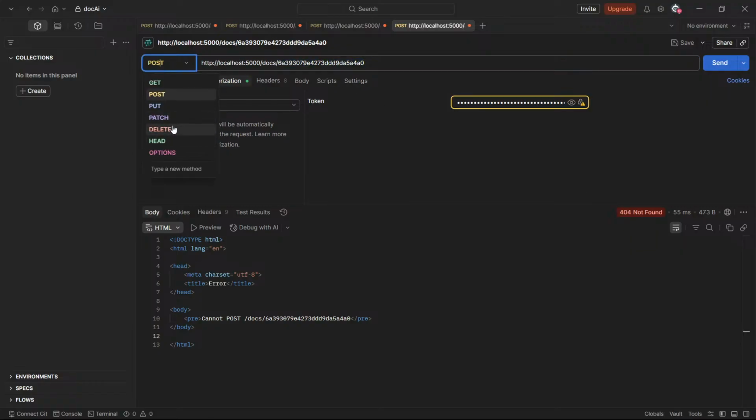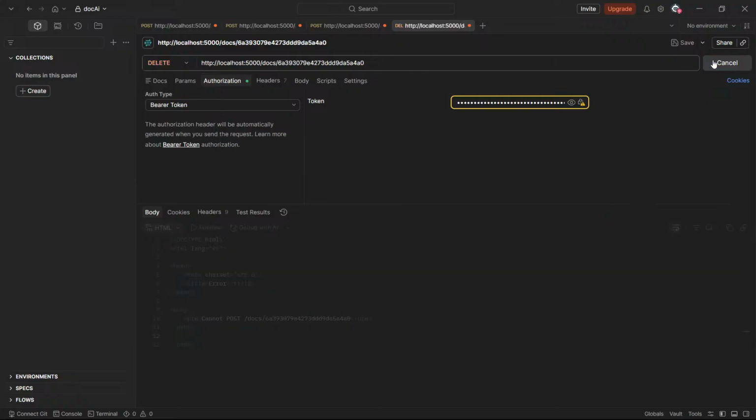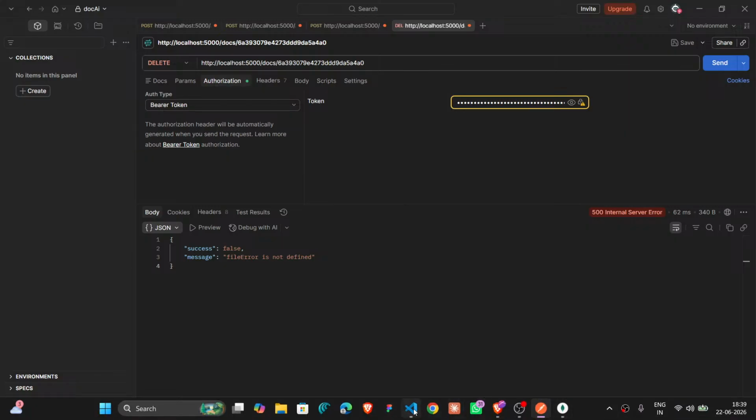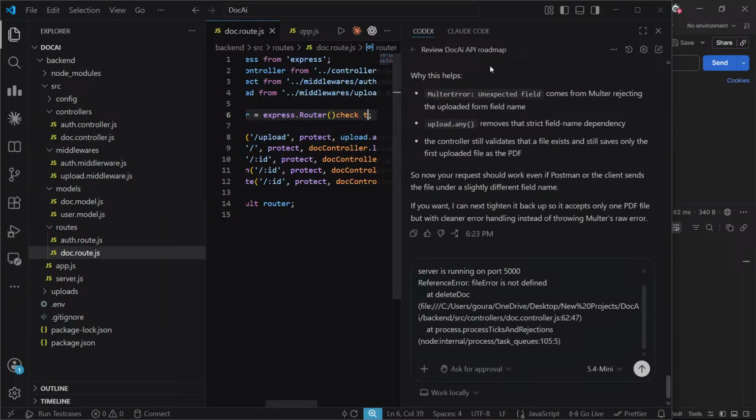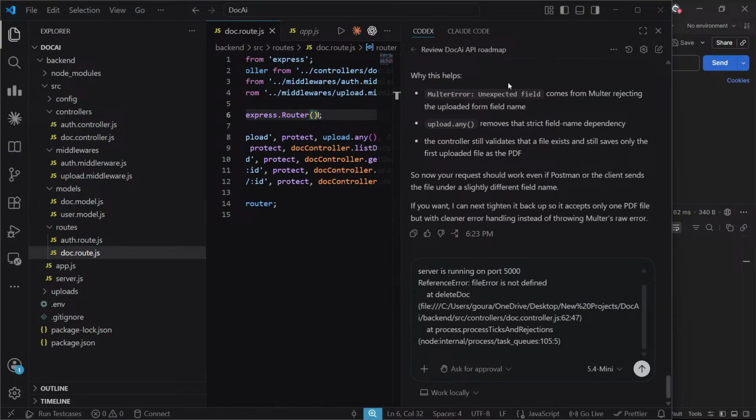Okay, maybe this is the problem. Successful, file error is not defined. File error is defined. Check this. Sorry.